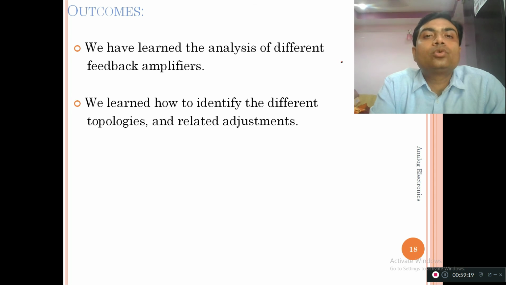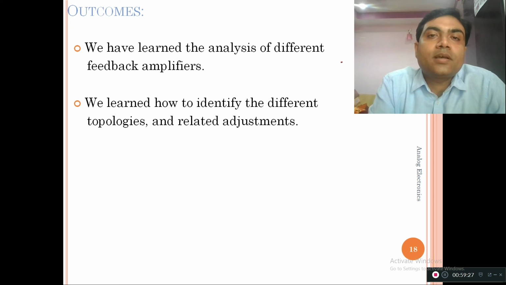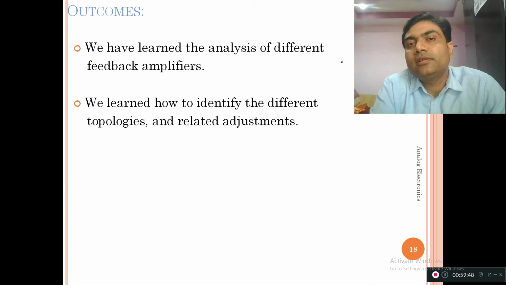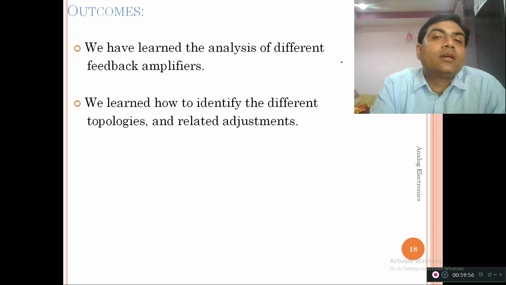First you have to go through the lectures of basic amplifier analysis, lecture number 1 and lecture number 2, where we have discussed the mixing and sampling. And then from lecture number 3 to lecture number 6 we had discussed in detail how we can calculate the RIF, ROF of different topologies. And on the basis of the first 6 lectures I had given you the discussion of impact of negative feedback in lecture number 7, and in lecture number 8 and 9 we had discussed in detail the numericals. So likewise, you have to go through the lectures, and you can analyze the feedback amplifier in depth.